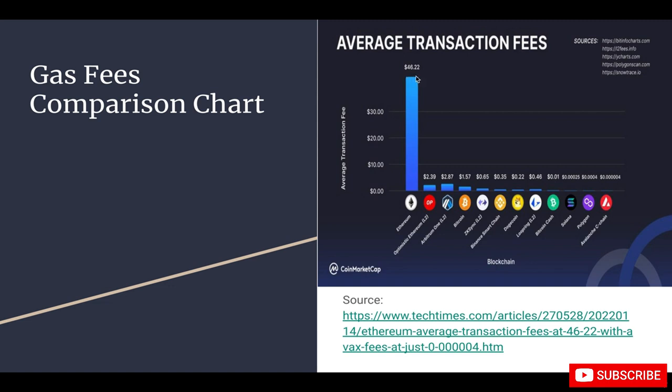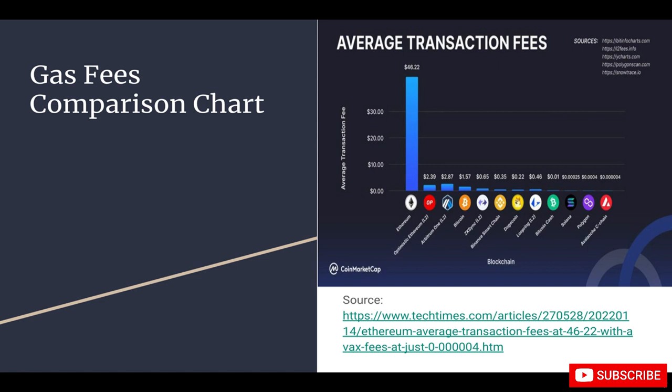Okay, so probably there's a reason why the Ethereum blockchain has relatively higher gas fees compared to other blockchains. Might be due to the fact that the Ethereum blockchain has been used by many platforms. So the more transactions occurred every day, the more transactions recorded, and it somehow correlates with higher gas fees, right? So yeah, I think that's all you need to know, and perhaps it also has something to do with the fact that